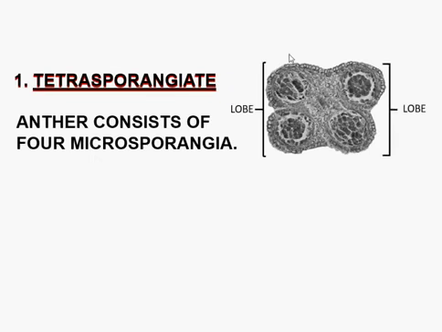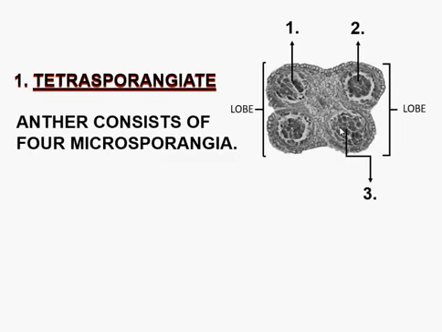Each lobe has 2 chambers, and each chamber consists of a microsporangium. So this is microsporangium 1 and microsporangium 2,